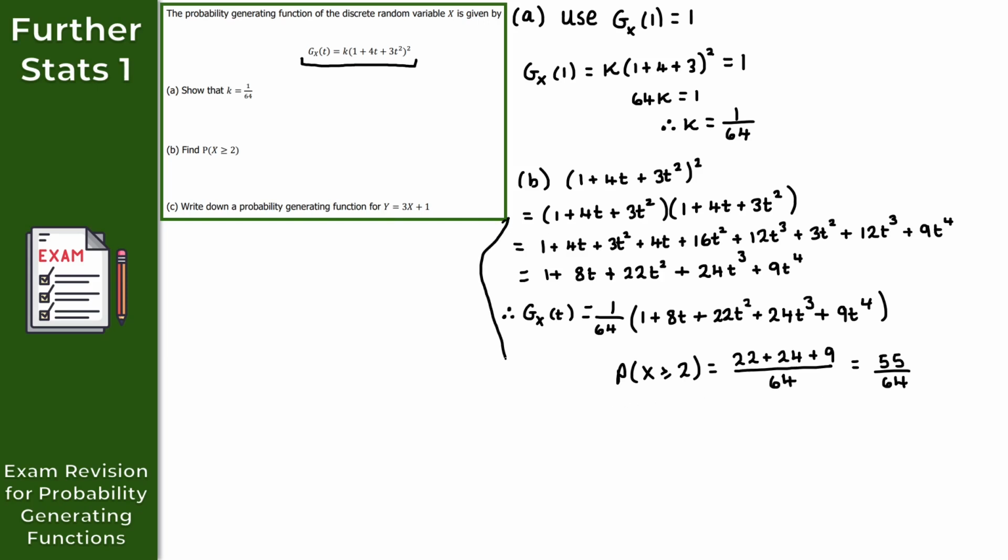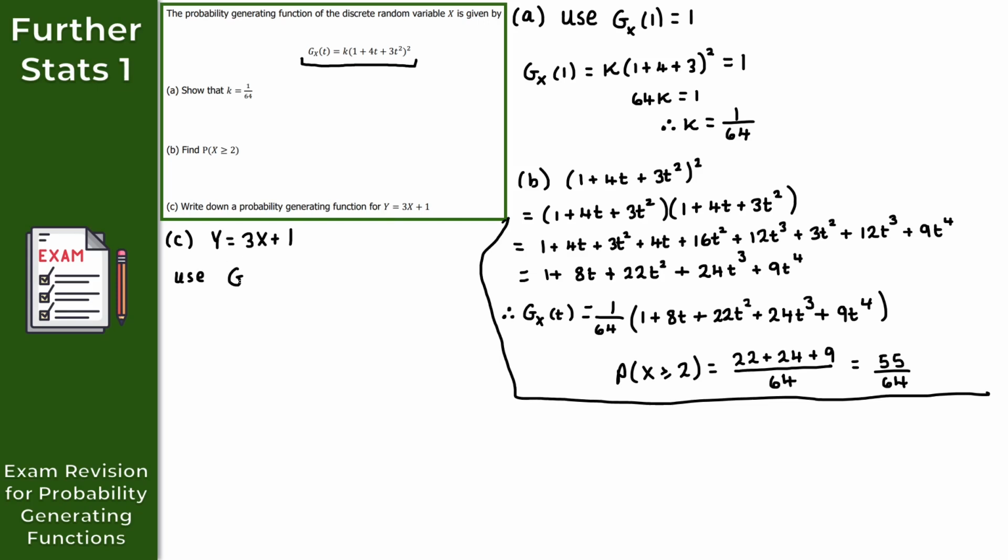And then finally here, let's just box this off down here. So for part C, it asks us to write down a probability generating function for y equals 3x plus 1. Hopefully you recognize that we need to use the following result here. So we're going to use